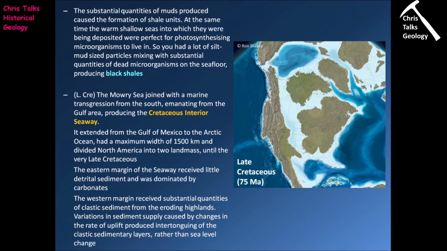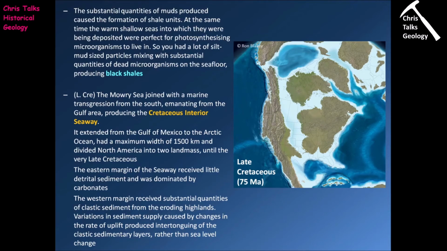Now, by the late Cretaceous, the Moray Sea joined with a marine transgression from the south, which emanated from the Gulf area, and this produces a continuous seaway which runs from the Arctic up here to the Gulf down here, which we call the Cretaceous Interior Seaway. At its widest, it's going to be about 1,500 kilometers in width, and it splits North America pretty much into